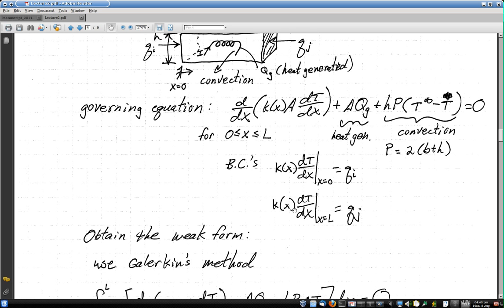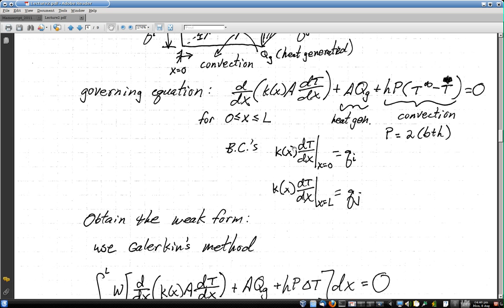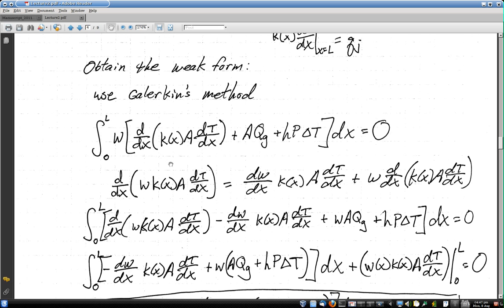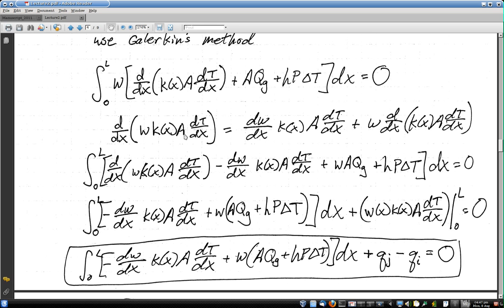So let's take this strong form and put it in the weak form. I'm basically taking that strong form equation here, multiplying it times an unknown weight function W, and we're going to use integration by parts, or what I like to do is use the product rule and substitute this back in. So if I take the product rule on this thing, basically I'm taking this, pulling this inside. If I take the derivative, you get a derivative on the weight function, you get this whole term,